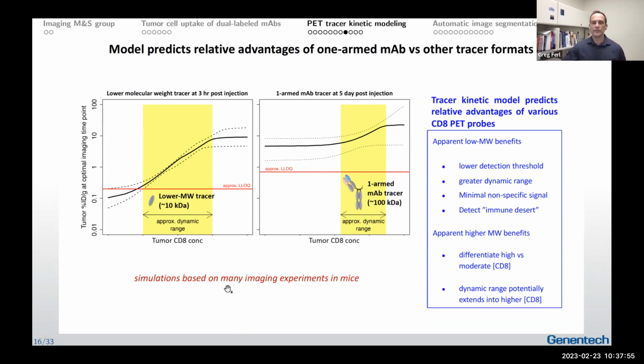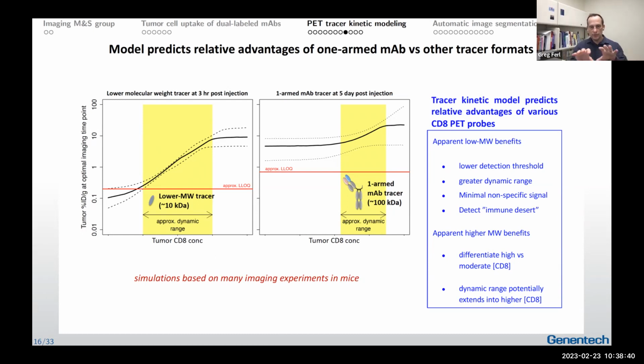This is the VHH here on the left. How can we expect that tracer to perform relative to our one-armed antibody, which is closer to 100 kilodaltons? We had dynamic PET data from many mouse experiments, and the model that I showed previously was fitted, or calibrated, to all of this data simultaneously. And then we can generate curves like this, which show theoretically, given all the assumptions, which there are always a lot of in mathematical models, an approximation of how the PET signal in tumor will change along with the CD8 concentration